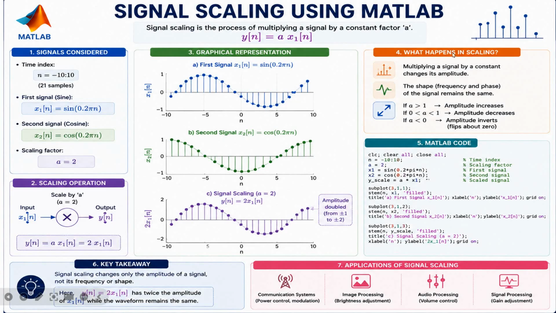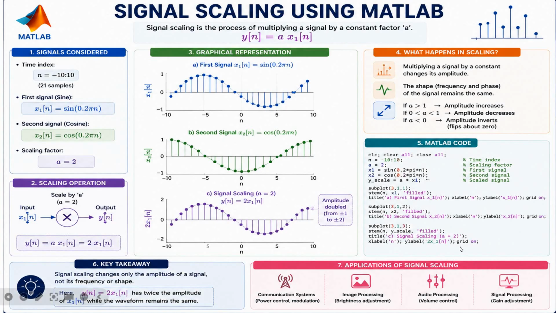2 and minus 2. Now what happens in scaling is you multiply a signal by a constant, which changes its amplitude, while the shape, that is the frequency and the phase of the signal, remains the same. If a is greater than 1, amplitude increases. If a is less than 1 and greater than 0, amplitude decreases. If a is less than 0, the amplitude will invert, that is, it will flip around the x-axis, that is about